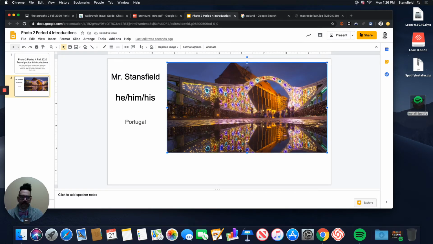If you wanted to make the photo a little bit bigger, you could. In this case, I wouldn't really recommend making it too much bigger. But if you are going to resize a picture in Google Slides, it's really important to grab it from the corner, not from the bottom or from the side. If you grab it from the corner, it will keep what we call the aspect ratio. The aspect ratio being the ratio of the relative width and height. If you grab it from the bottom, or if you grab it from the side, it's going to skew that